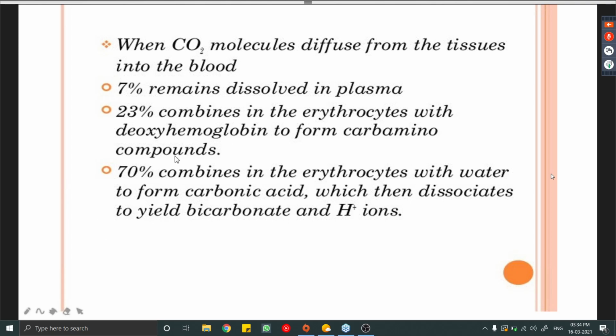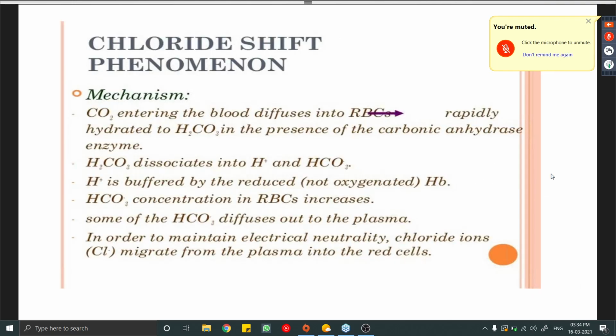So this is the main pathway, and you have read about this when you have already read in the physiology. And again, I'm going to explain how it is formed with the help of the enzyme carbonic anhydrase. A lot of H2CO3 is produced from water and carbon dioxide, and H2CO3 gets converted to bicarbonate ions and H plus ions. H plus ions are buffered by the hemoglobin, and the bicarbonate ions I'm just showing in the next few slides.